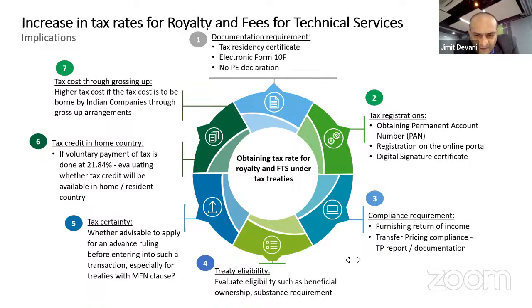There is a provision for filing 10F manually in the case of earlier years, before the financial year. So it was not filing of 10F. As an Indian party, you are supposed to obtain a 10F mandatorily, because 10F is, I would say, ancillary to TRC. When the amendment was made, TRC was there. So at that time only 10F had to be obtained, because they wanted TRC to be in a particular format, and they mentioned that if TRC is not in a particular format, then 10F needs to be obtained.